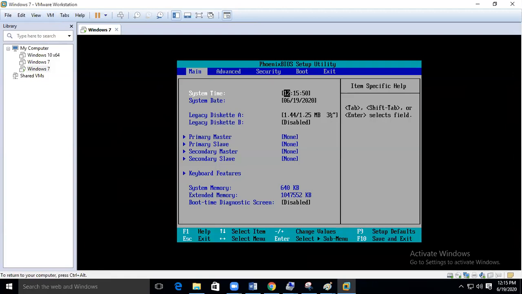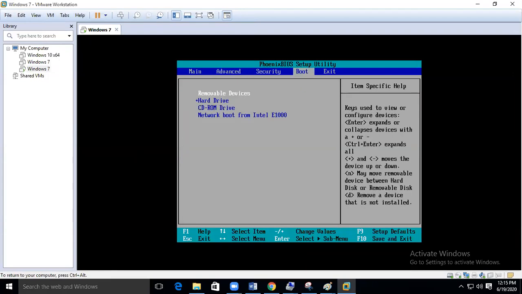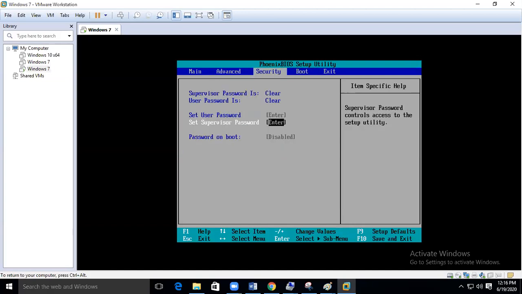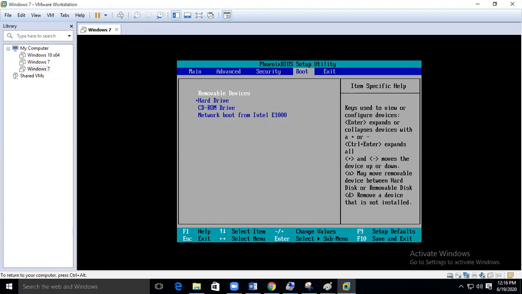As I showed there, that is the latest one, and this is the old BIOS which you'll be getting. In this, you have to go for boot. Can you see here? You can use the arrow keys like this. Select boot. Select how you are installing, with your removable drive. Removable drive means pen drive. If you have a pen drive, select that. Okay, press enter. Use your up arrow keys.